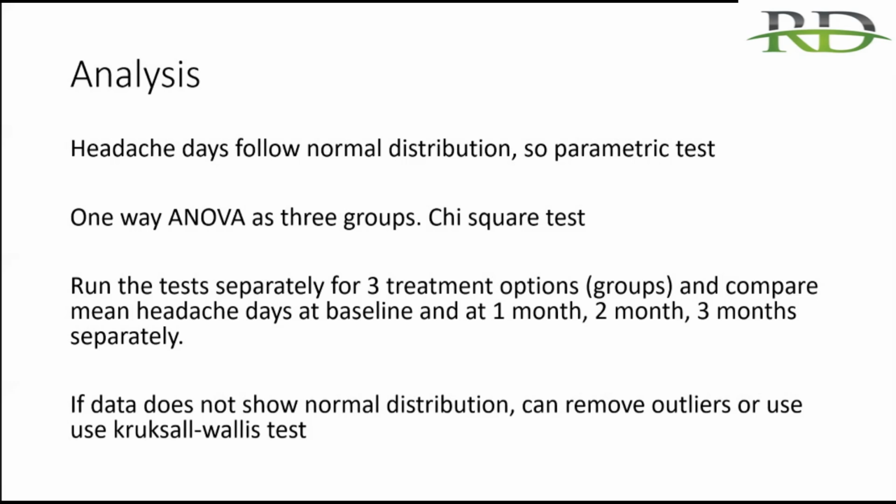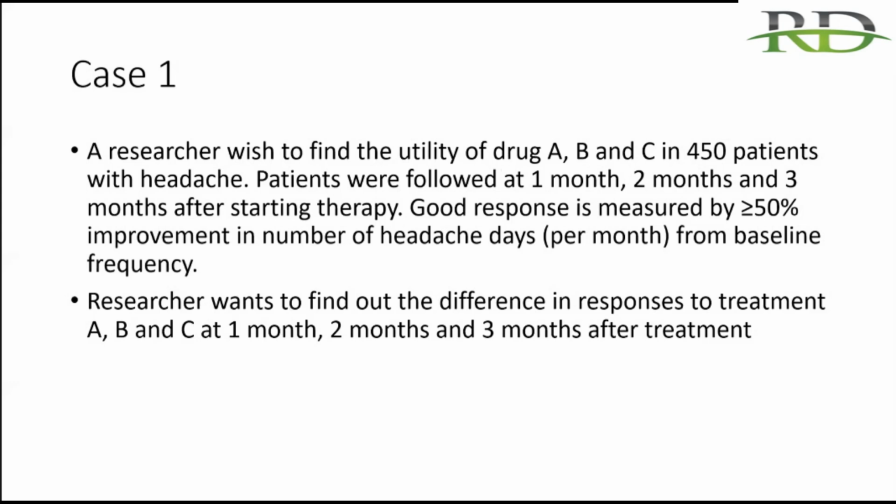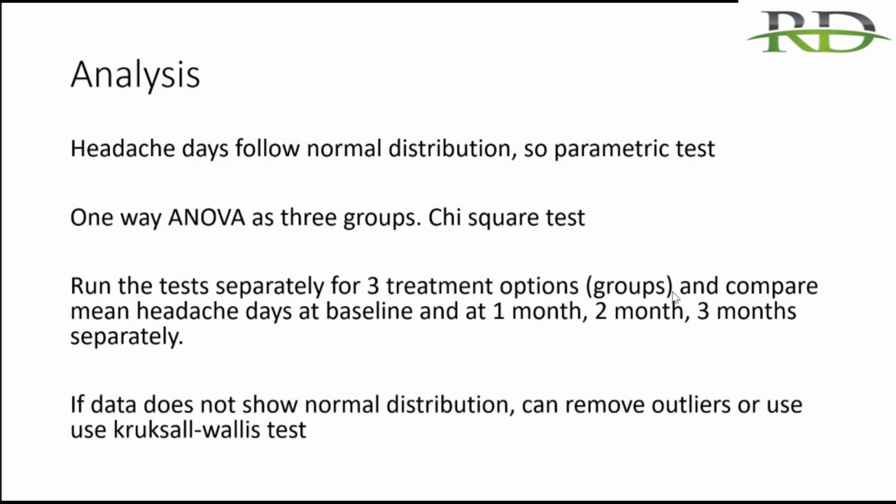सर, अनोवा नहीं लगेगा बिकॉज इट इज क्वालिटेटिव आ रहा है ना वो डिपेंडेंट वेरिएबल। डिपेंडेंट वेरिएबल क्या है आपका? यहाँ पे है ना 50%, तो इट विल बी यस और नो, समथिंग लाइक दैट, इट विल बी क्वालिटेटिव, इट इज नॉट न्यूमेरिकली, तो एनोवा नहीं लगेगा ऐसा मुझे लगता है। नहीं तो कोई दिक्कत नहीं, वो लगा दीजिए, यहाँ डिपेंडेंट वेरिएबल आपका